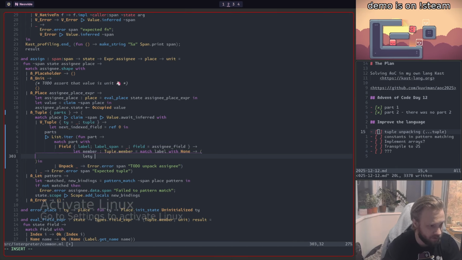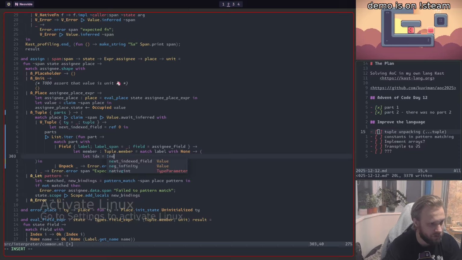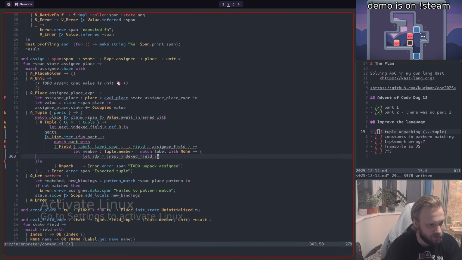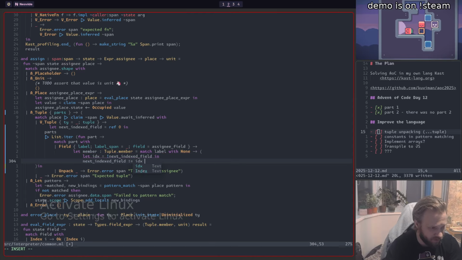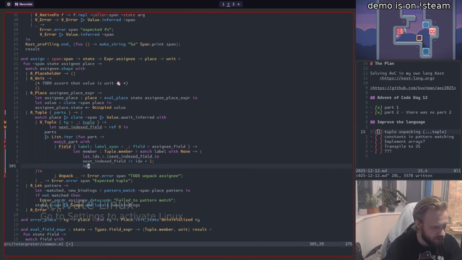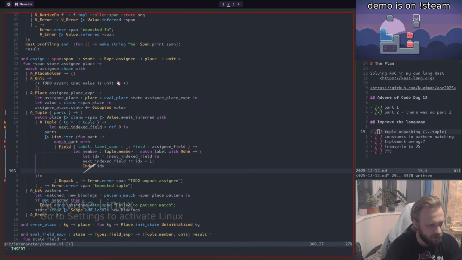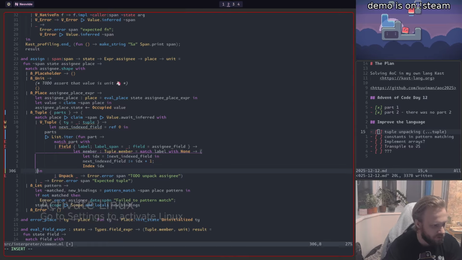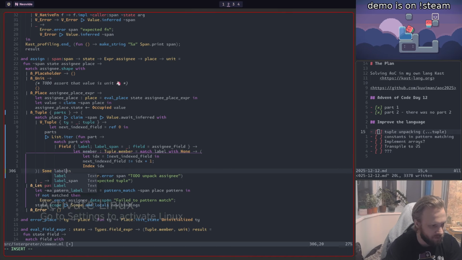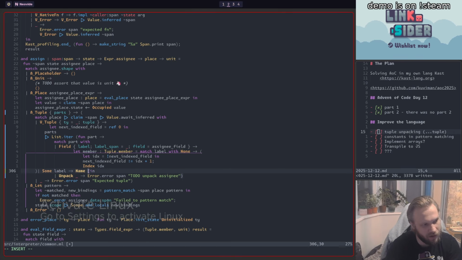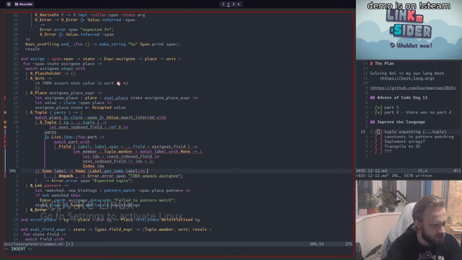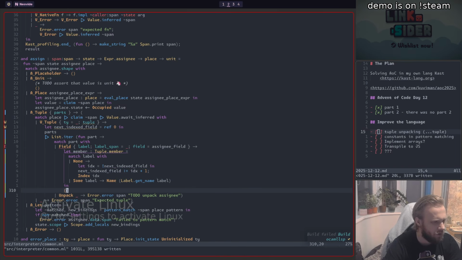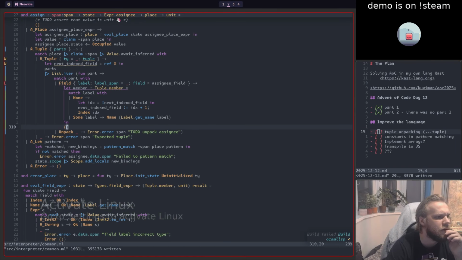Let me say that index is next indexed field. Next indexed field is index plus 1. Index. And if it is some label, then return name label, get name label in this